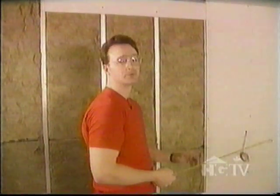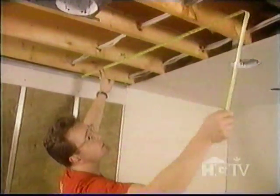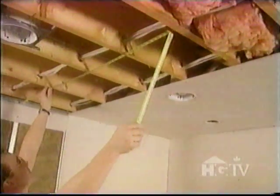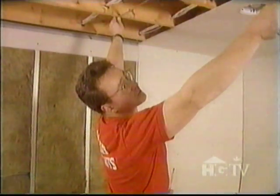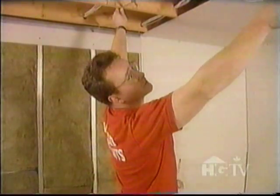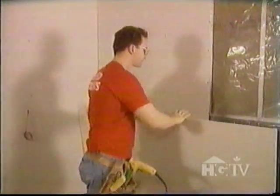So what we'll do, installing the ceiling here, you measure from the wall that the drywall is going to go up against. And we've already got a couple of sheets up here, so we'll stagger the joints, the butt joints, which is the 4-foot end of the drywall, and we've got 6 feet and 1/4 inches. And conveniently, we've already cut the sheet. Making note,